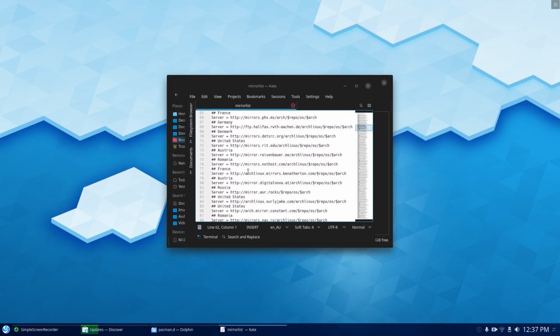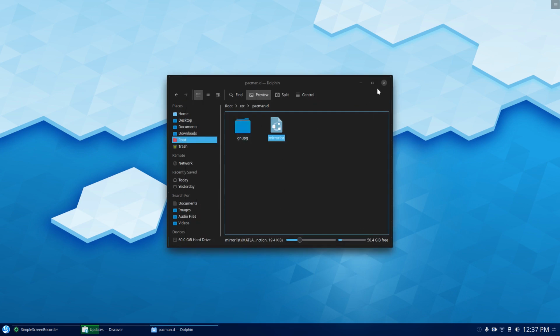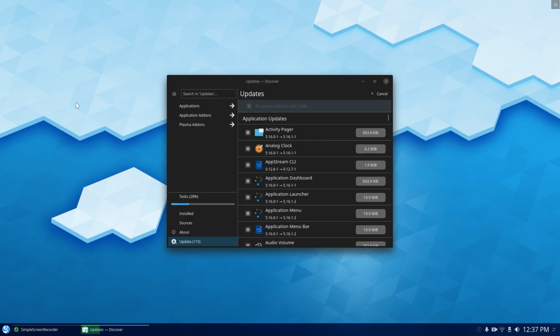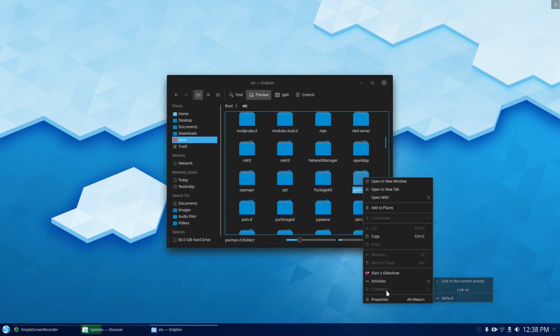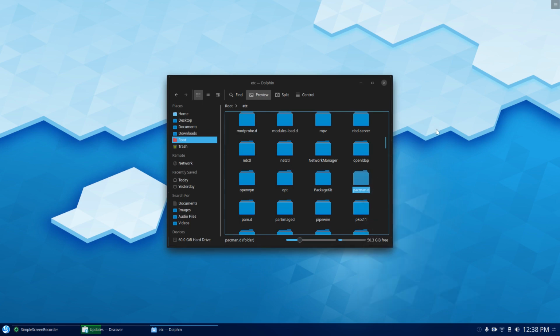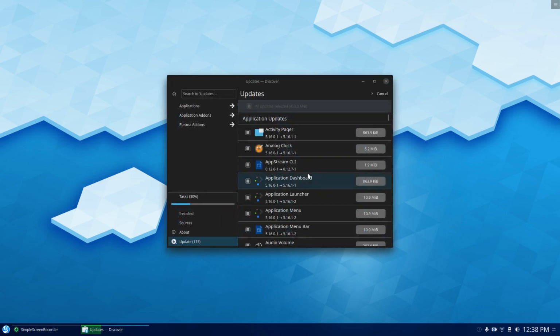close to me, so Germany, United States and all that. None of them will work for me. Like I said, I think in Debian it's got to be New Zealand, somewhere in Singapore, Asia or Australia. Those ones will work fine because they're very close. So I'll probably need to go through that as well and do the same thing there. But that would require opening that up with elevated privileges in the terminal, more than likely. I don't know whether we've got open as root or anything like that here. Let's just check that out. Let's right click on that. No, we don't have an open as root or open as administrator there, so could be within the updates, but